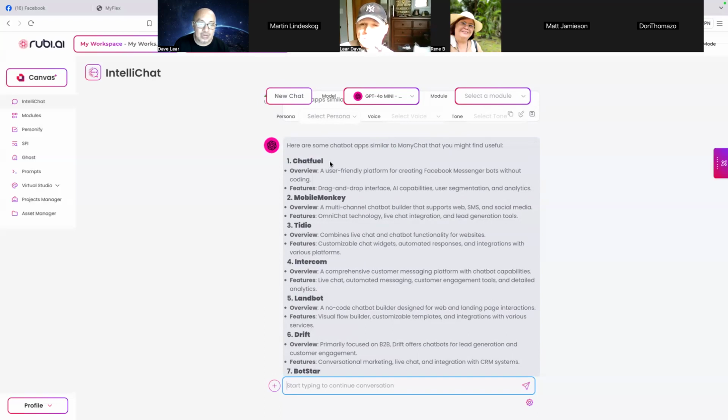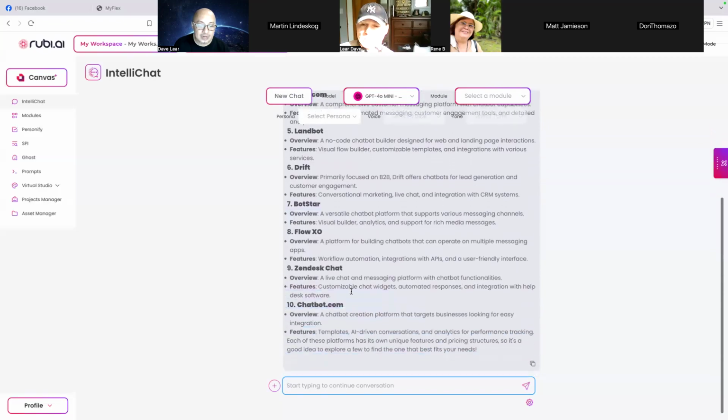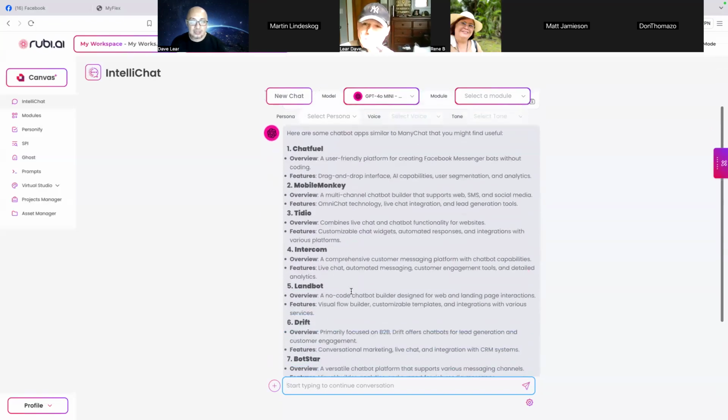So we have Chatfuel, MobileMonkey, Drift, Intercom, etc. But you have to subscribe to them, and you have to attach them using an API or something. It's a bit technical.